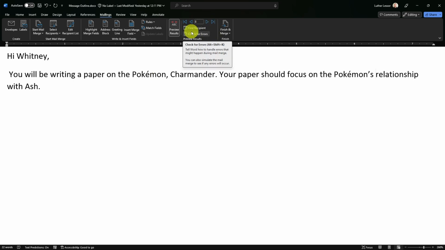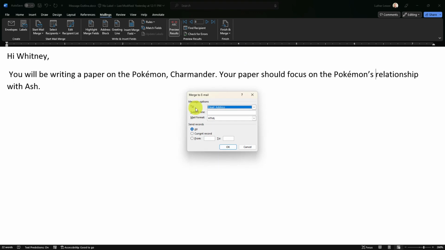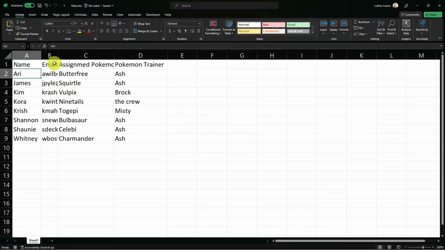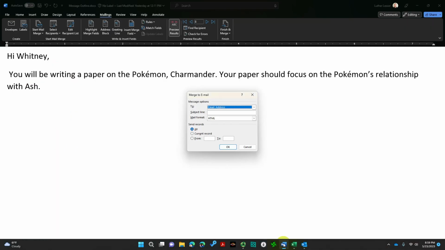And then I've got a couple other options. If I'm confident that all of those look good, I've checked all of them, I can go ahead and finish and merge. And here I'm going to actually have it send these emails. Once I click this button, it will run through these cycles again and go to Outlook and send each of those emails. So it gives me the option. Here I have to choose where that email address is in my data file. That's the name of the column that I have all the email addresses in, so that's good there.